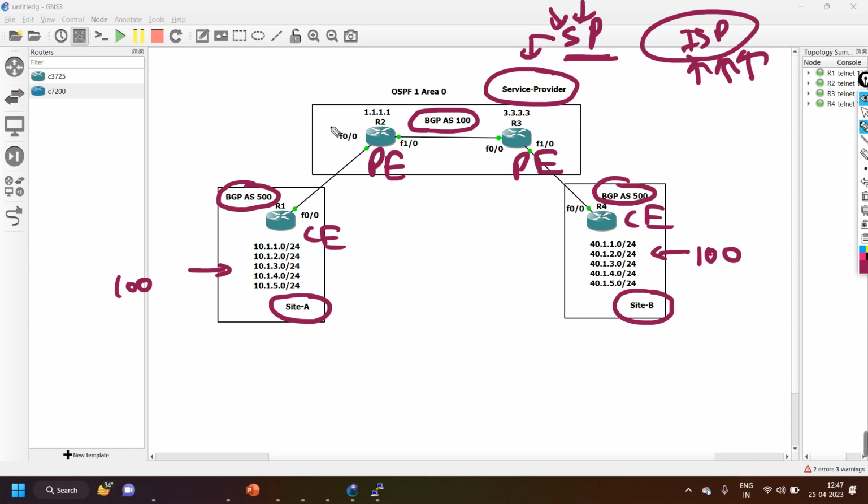Now I have already configured BGP everywhere. Through the loopback interface I have configured BGP between PE to PE, because you can assume that in the service provider network there are lots of routers, all connected with each other. So I am using BGP between PE to PE only. These routers are normal routers, BGP free routers. Here we are not running any BGP protocol. So now the problem is